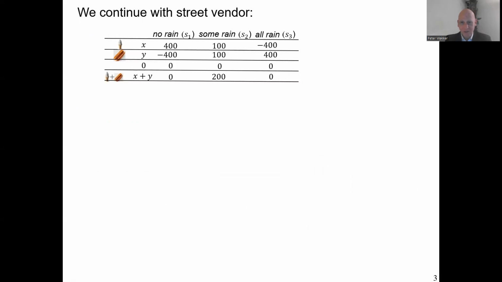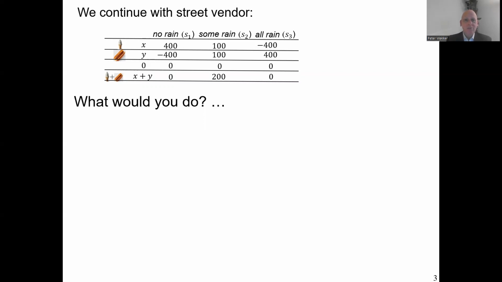I put up the payoff matrix and we're going to discuss it. Imagine that you are the street vendor. What would you do in this situation? How would you go about making your decision? You can pause the video and think for a while, and when you have made up your mind how you handle this, you come back. Okay, I assume you made up your mind.